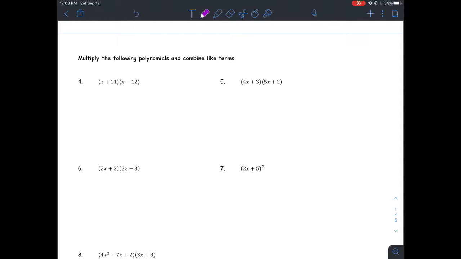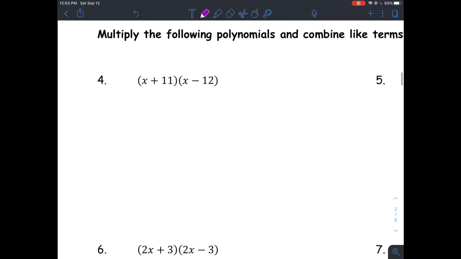So now let's go ahead. It says multiply the following polynomials and combine the like terms. For the ones on the left-hand side, I'm going to use the area model. The ones on the right-hand side, I'm actually just going to FOIL out or distribute. All right, so for this one here,